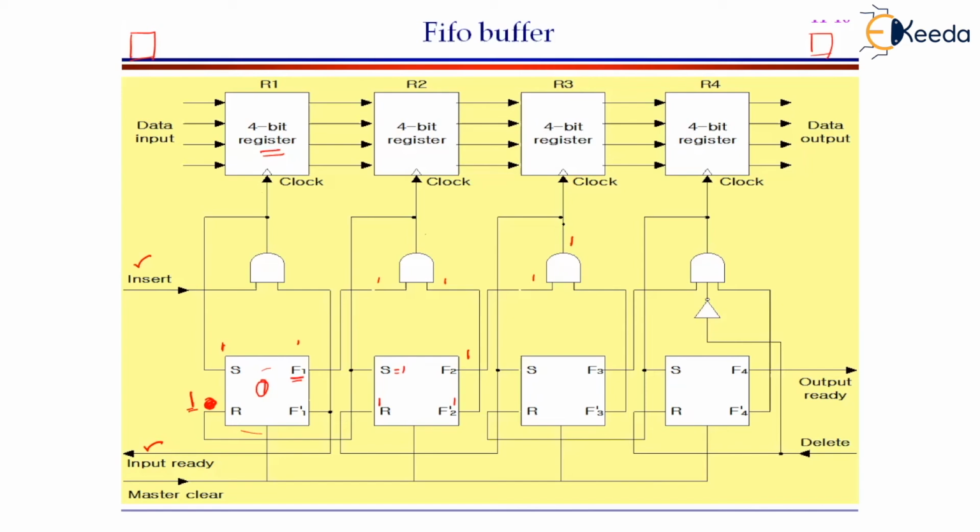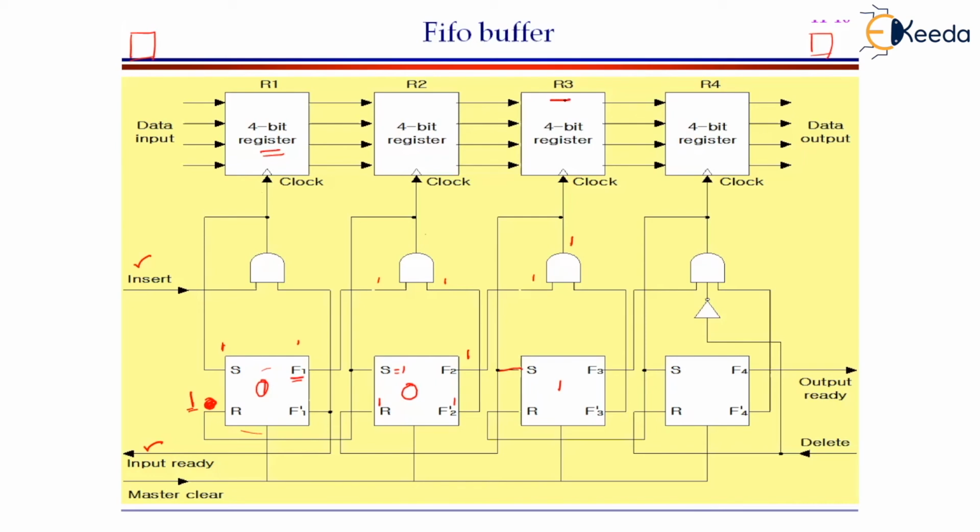At the same time, the output of the AND gate triggers the set input of this flip-flop and also triggers the reset input of the previous flip-flop, which makes the data in the previous register equal to 0 because the data of this register has just been transferred to the next register. Once again, now the flow of operations will be the same.